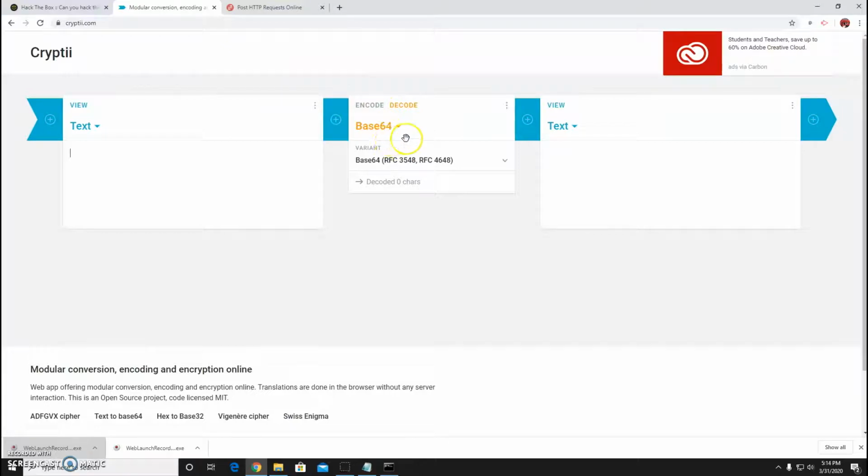Now keep in mind that the encode type was base64, so make sure that decode is selected and base64 is selected. In the text field, I'm going to go ahead and paste that information that I received